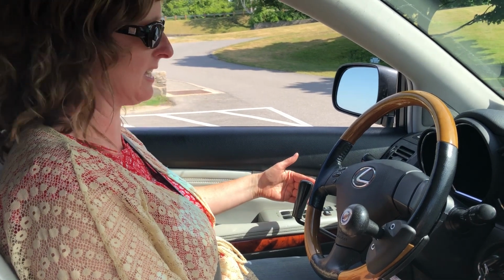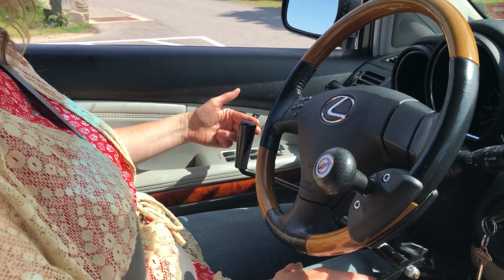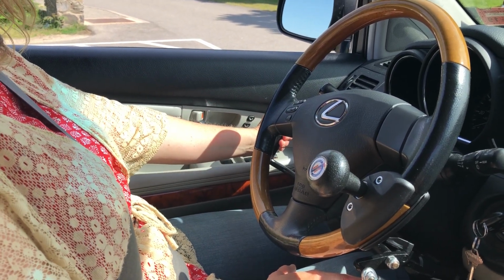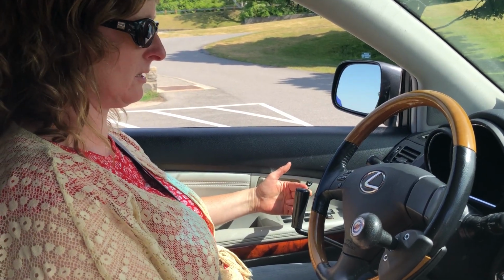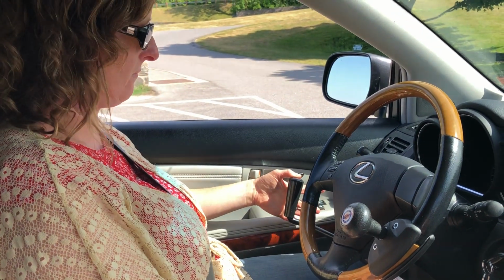So these are called push rock hand controls. The movement is like this. The gas rocks towards you. The brake goes towards the dashboard. So you can use your fingers. You can use your thumb